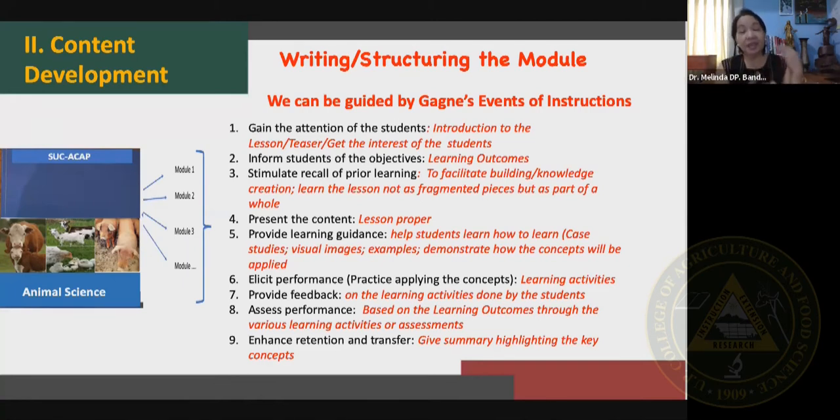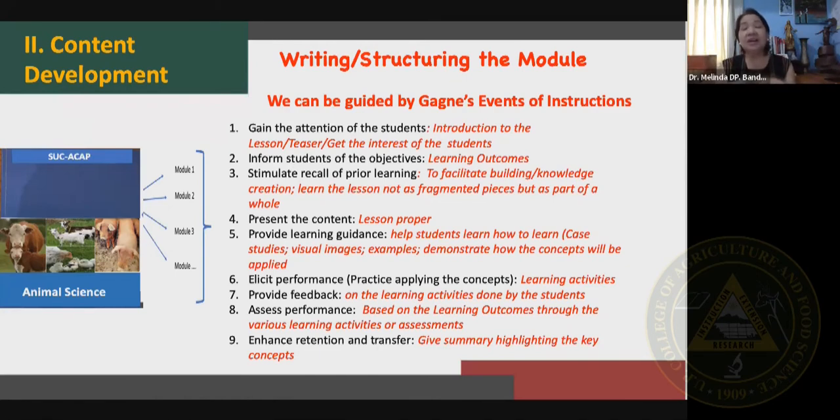Okay. The fifth step is providing learning guidance. Ipapakita natin sa kanila kung paano mas madaling matutunan, mas madaling intindihin. Pwede tayong magbigay ng examples, pwede nating i-demonstrate kung paano ginagamit itong mga concepts na ito. Diba? And then, elicit performance. Kakayanin nila, o practice applying the concept. So sila naman yung paggagawin mo